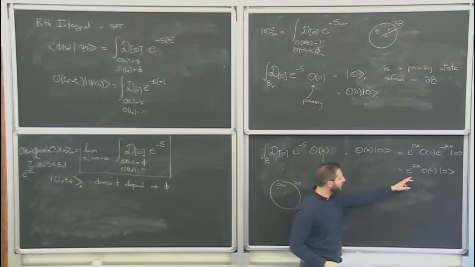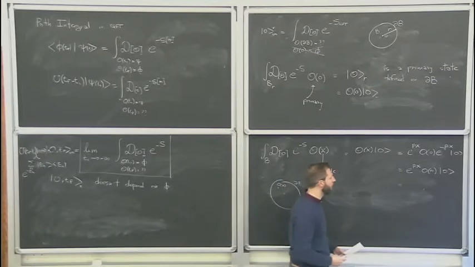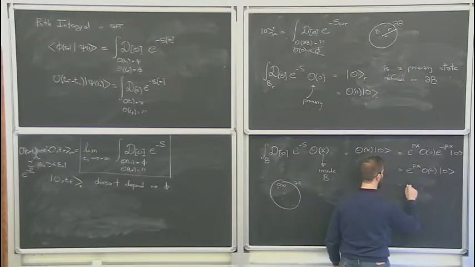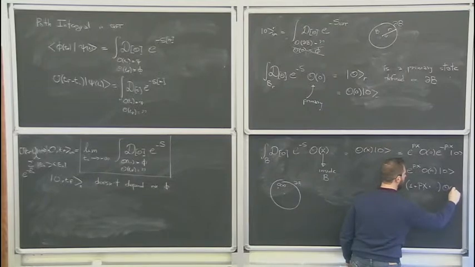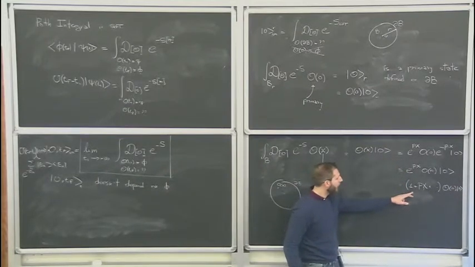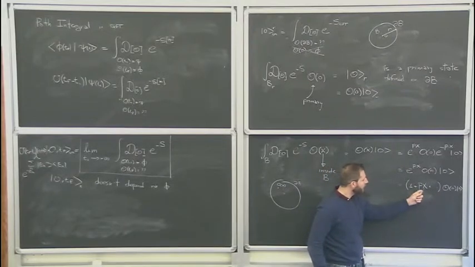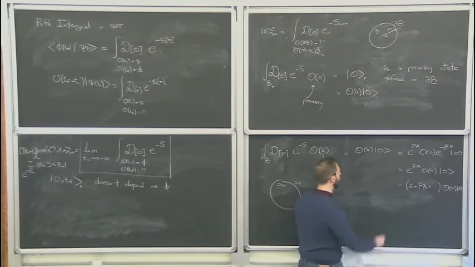And so if you expand in x, this is a superposition of (1 + Px + ...) acting on the primary state, because P acting on a primary state gives you a descendant, P squared acting on a primary state gives you a second descendant, and so on and so forth. So this object here is